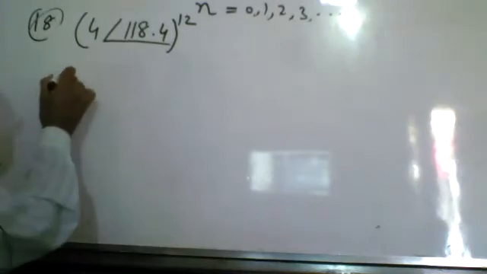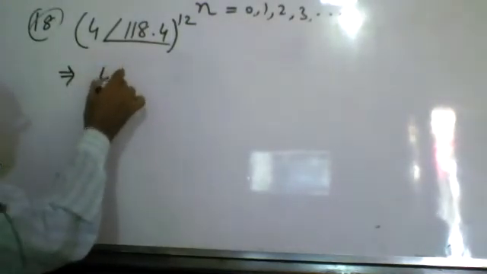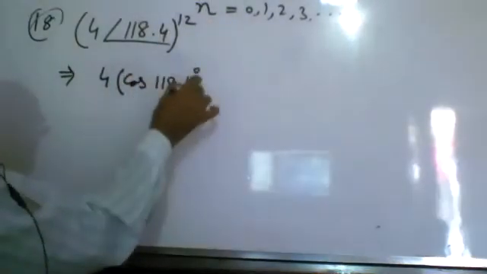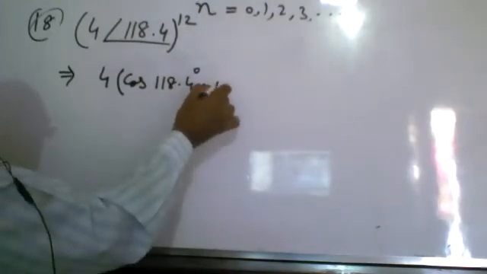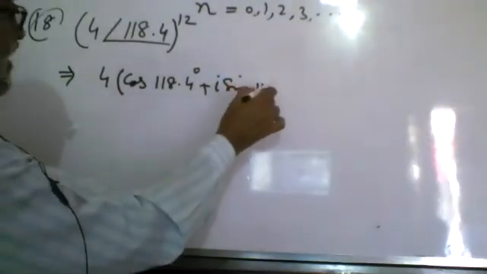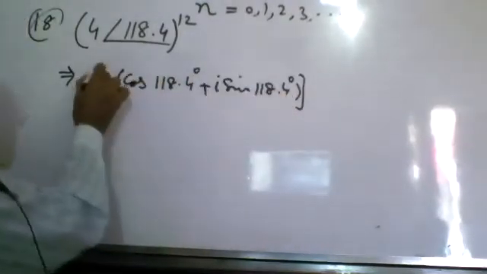So it will become 4 into cos 118.4 degree plus iota sine 118.4 degree, whole raised to power 12,